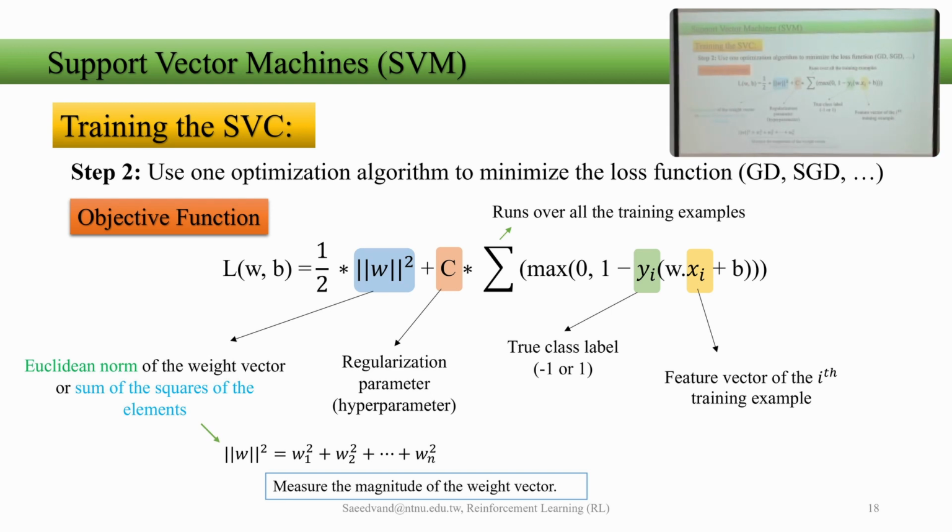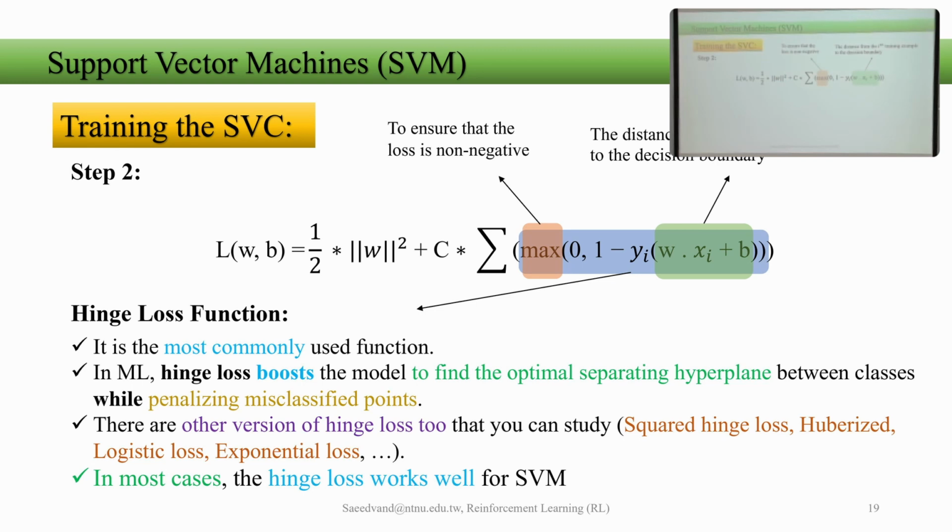So we declared all the elements. What we want to do is find proper W's, the weights, and B as bias in our loss function in order to find the best metrics over there. But what more we need to do, we need to know that this term over here is the distance from